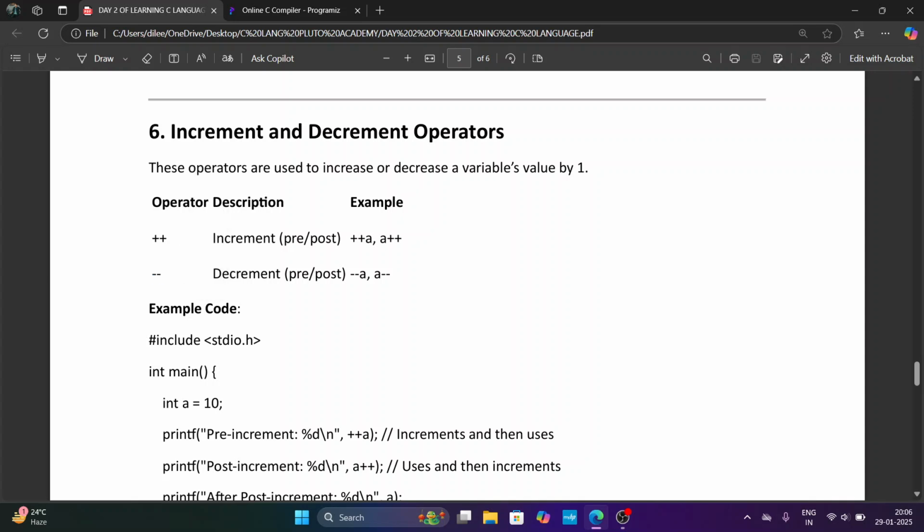In these operators, increment and decrement, we have pre and post. Pre means before, post means after. Pre increment means plus plus a. A is a variable. So pre increment, pre means before, so plus plus a. And then